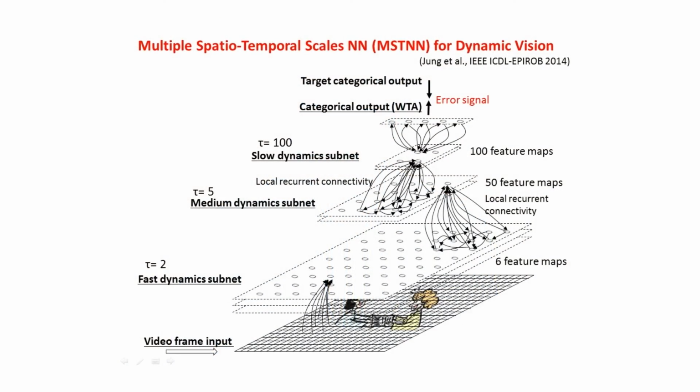And this is the output part, where the action category recognition results come out as a winner-take-all. And this is a target teaching part. So this action category, or this teaching category, depends on the video frame sequence. Okay, and this part is the fast dynamics part, consisting of fast units and allowing only local